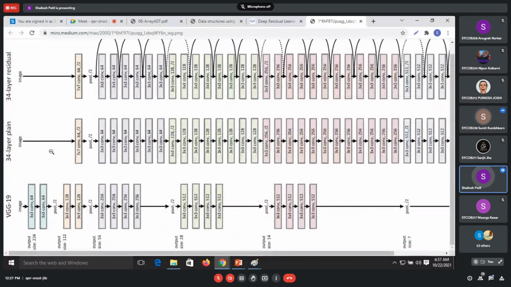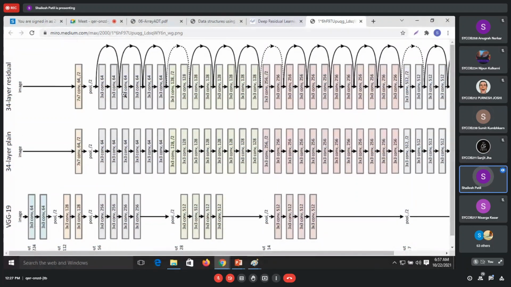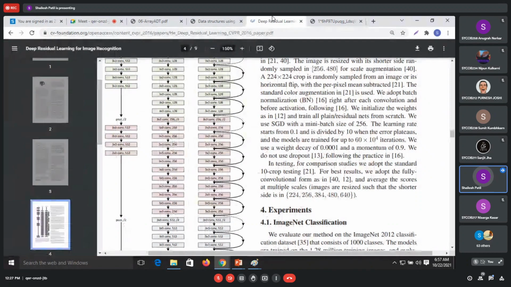Okay. Yes, sir. So what our normal expectation is that it should increase the performance. Once it is going like this, it should increase the performance. But what happens is that after some layers, it is going to decrease the performance. The accuracy is going to decrease. Okay, so what this person did, we can see the name of that person also.